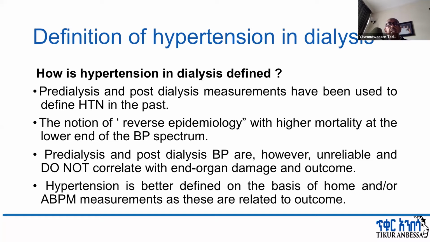So the first question is, how do we define hypertension among dialysis patients? In the past, and amongst us, we still use pre-dialysis and post-dialysis measurements to define hypertension, but as I will show in a little while, this is not appropriate. If you define hypertension on the basis of the pre-dialysis blood pressure, you all know about the J-shaped curve, the U-shaped curve that relates overall and cardiovascular mortality among patients